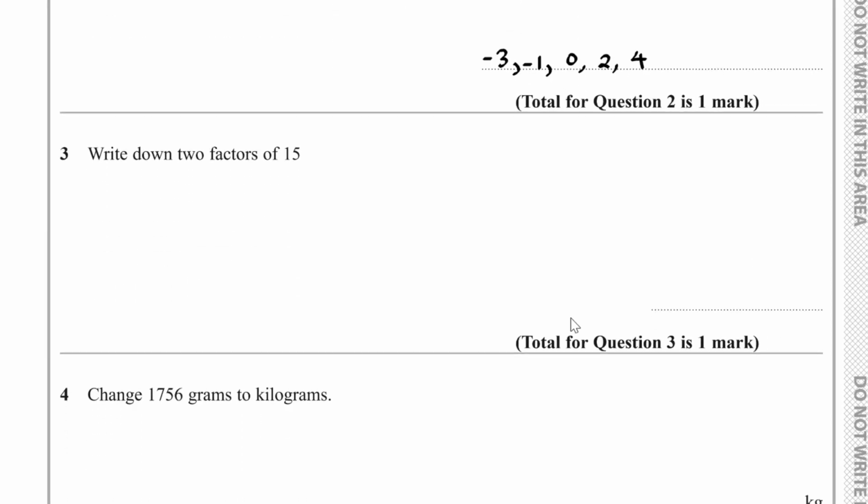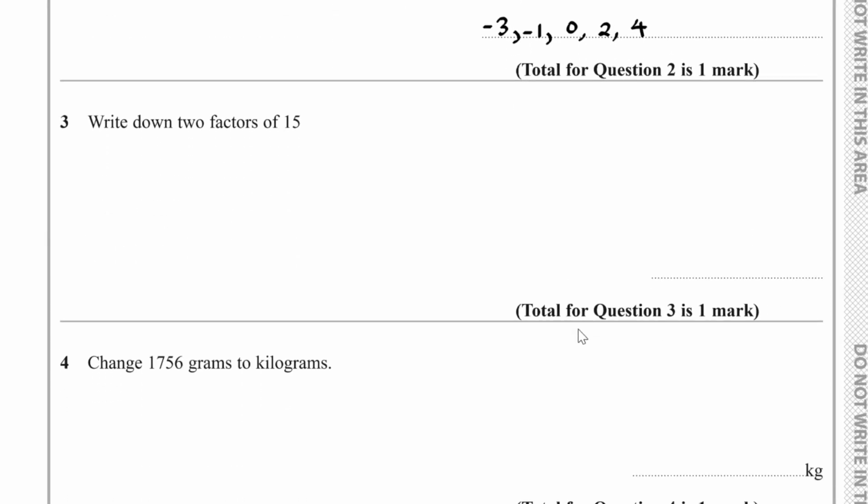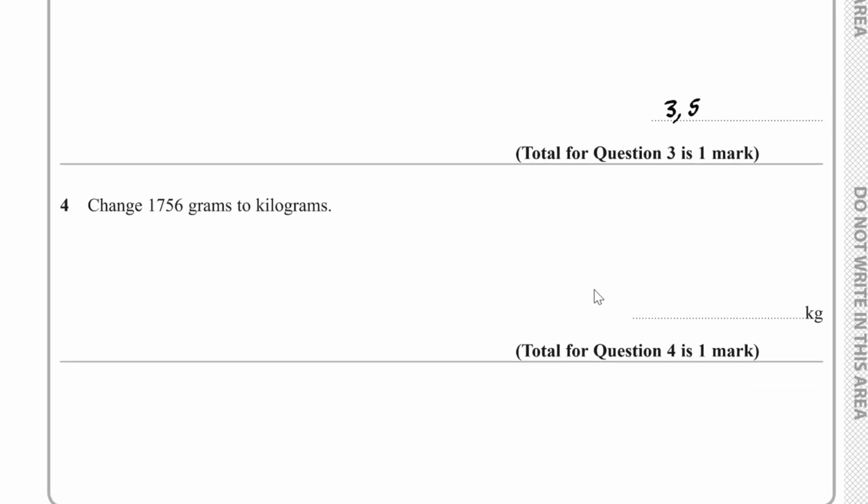Question number 3, we have to write down two factors of 15. Well, for this question, we think to ourselves, which two numbers multiply to give 15? Of course, we can choose 3 and 5. We can choose 1 and 15 if we want as well. For question number 4, we have to change